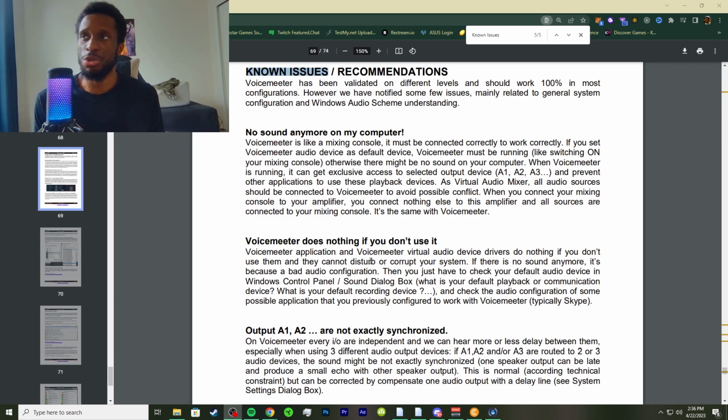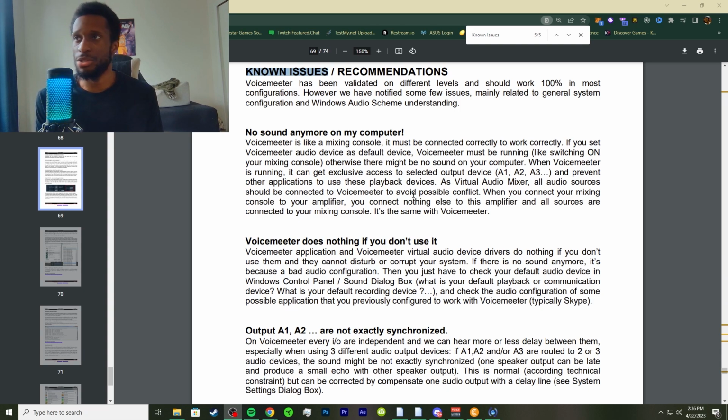When Voicemeeter is running, it can get exclusive access to the selected output devices A1, A2, A3 and prevent other applications from using these playback devices. As a virtual audio mixer, all audio sources should be connected to Voicemeeter to avoid possible conflict.